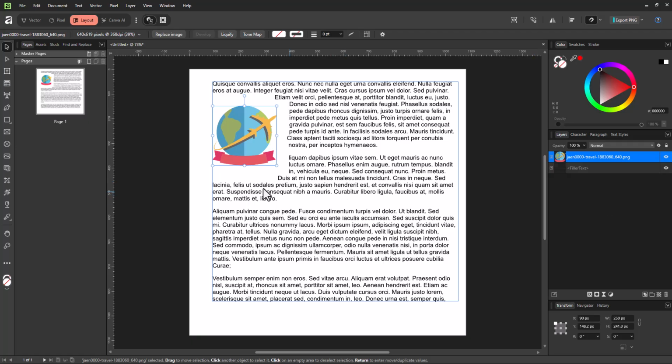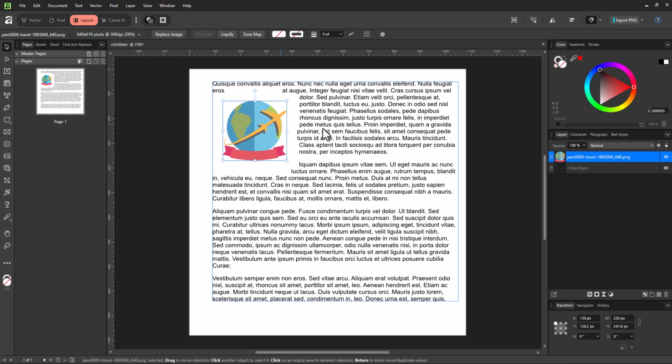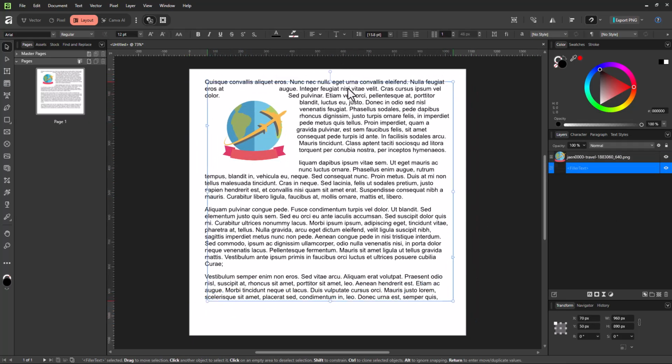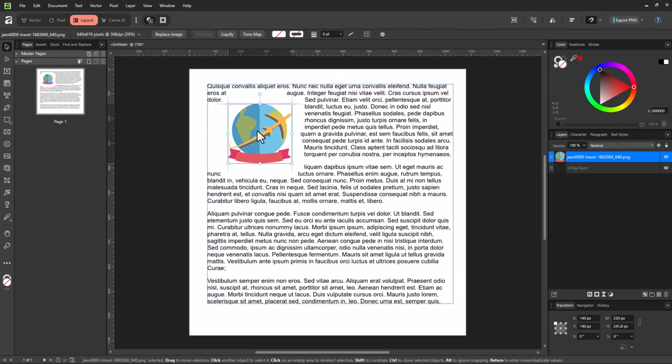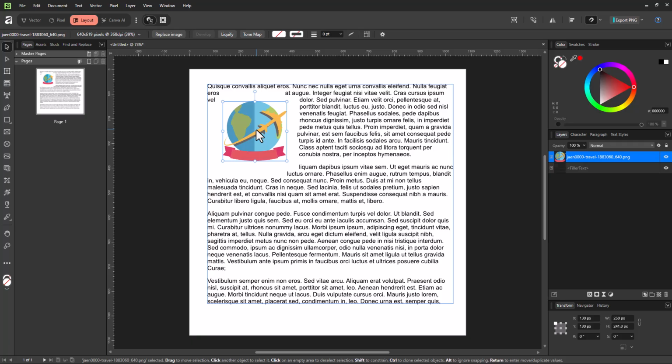So over here you can see that I have this graphics, and if I were to move the text box right here, you can see that the graphics does not actually move along with the text. But if you want the graphics to move along with the text, then what you can do is pin it out. So to do that, you can go to the Windows menu,